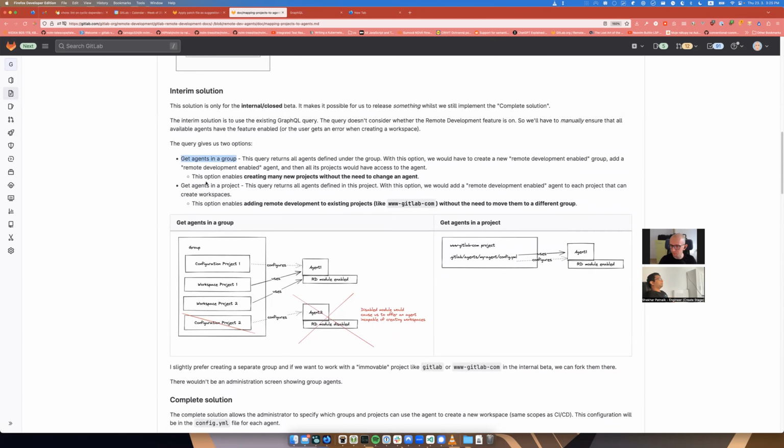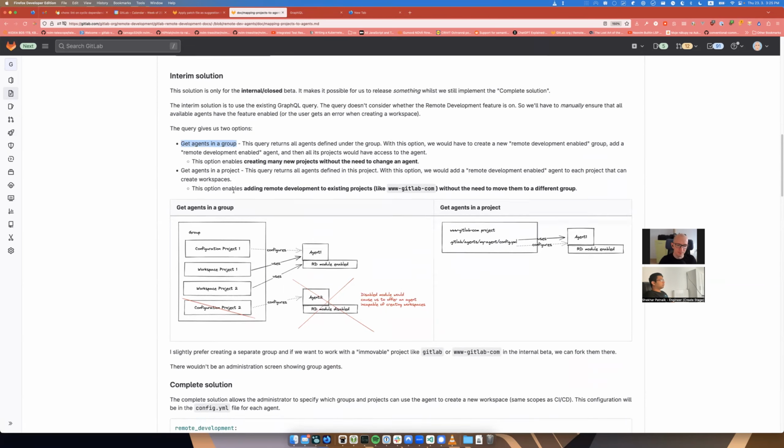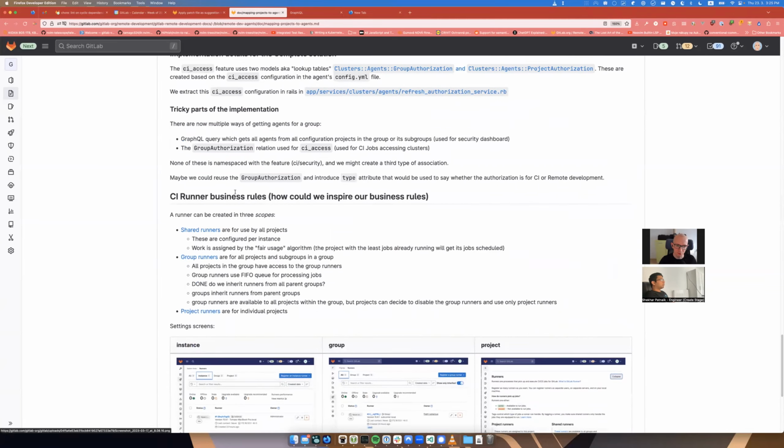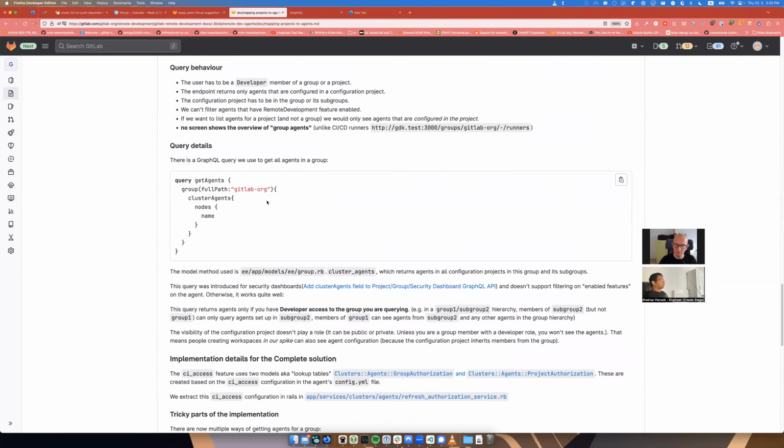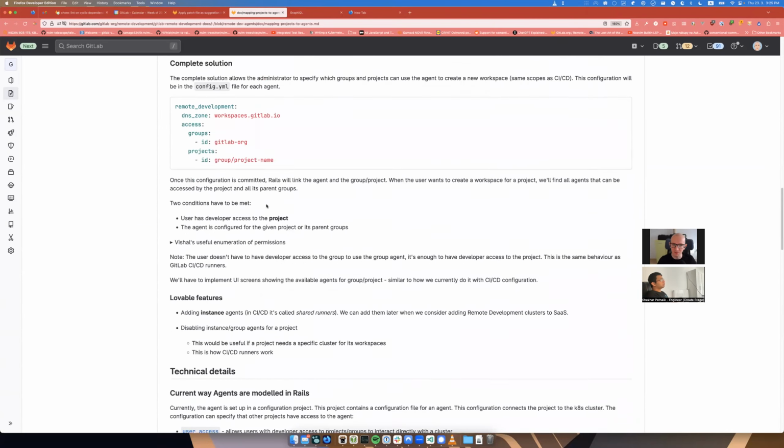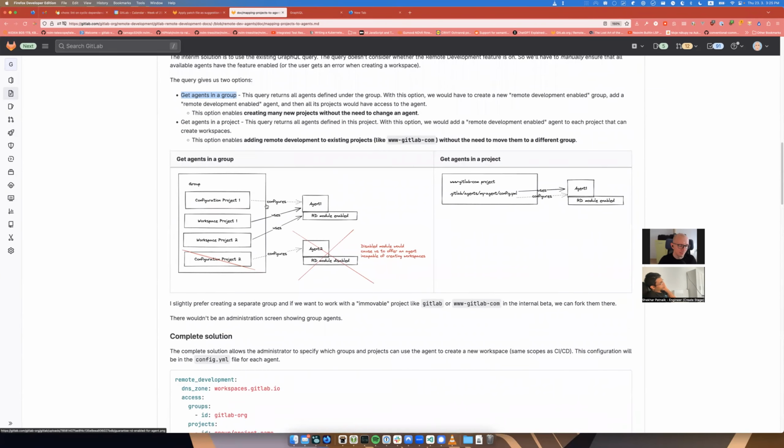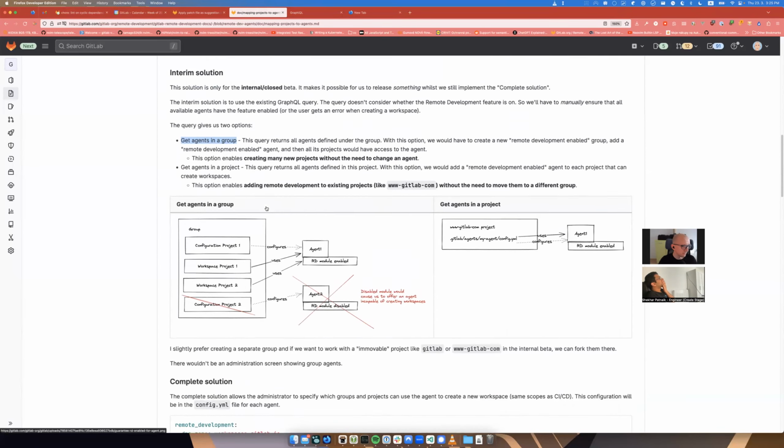Yep. Because if we were doing it on some large root group like GitLab org, it would take forever, because it's really traversing. I don't know whether I mentioned the query somewhere. I didn't, but it's a big query that's doing, how is it called in Postgres when you are